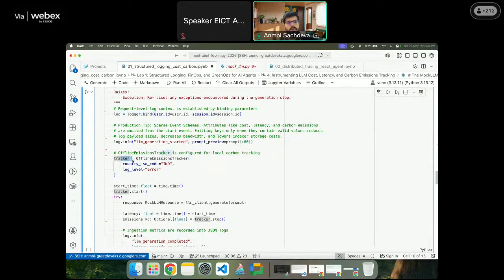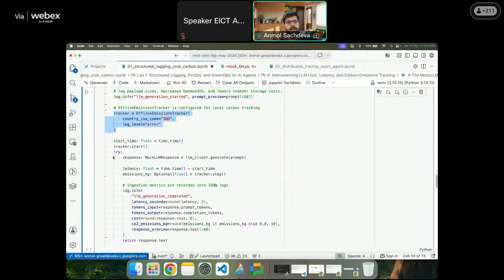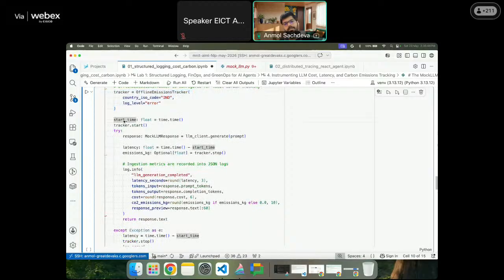You are having the offline emission tracker initialized or configured for your carbon tracking. There is a timer that I have put. This is a naive implementation that I'm showing to you. In production systems, generally you will be using something like decorators. If you are using Prometheus and OpenTelemetry, there will be decorators available that will time the function